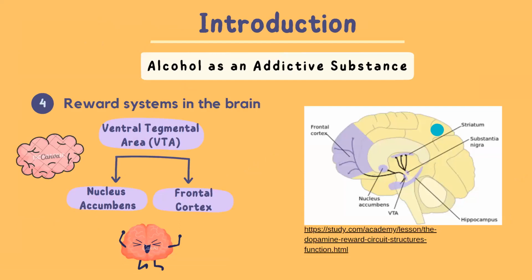Finally, we all know alcohol can become an addictive substance. But how does this happen? It occurs because of alcohol's effects on the reward system, which connects the ventral tegmental area to the nucleus accumbens and to the prefrontal cortex. When alcohol is consumed, the dopamine neurons in the VTA release dopamine into the nucleus accumbens and the prefrontal cortex, and the activation of this system regulates the desire for rewarding stimuli. So chronic alcohol use can disrupt dopamine balance in the reward system, leading to alcohol cravings and addiction.